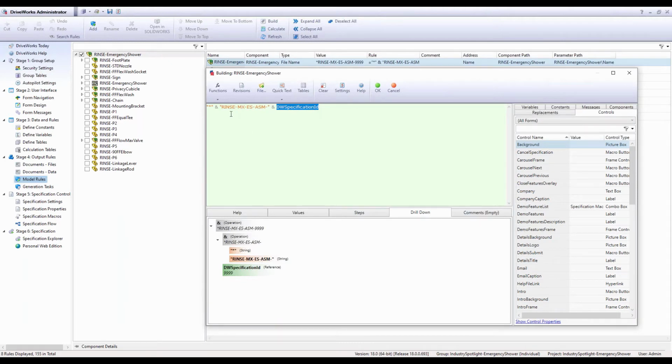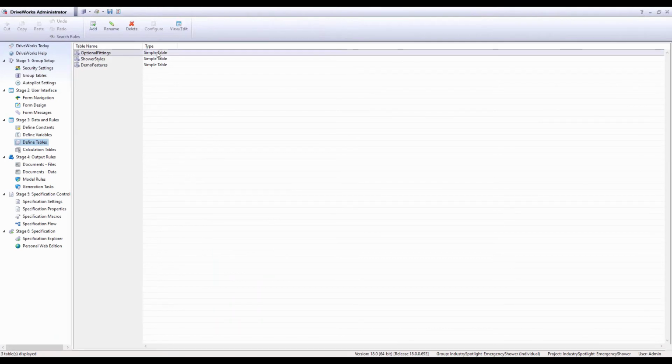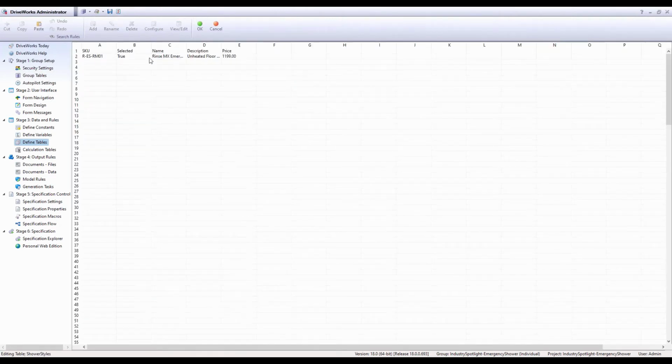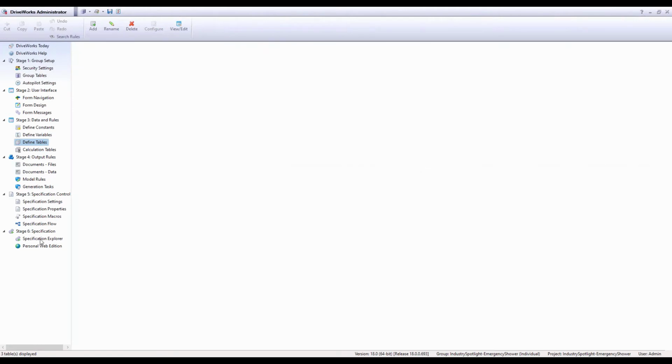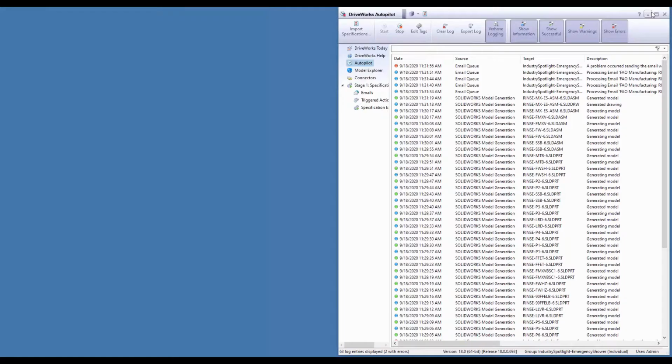Okay, so if you can type a formula into Excel, you pretty much got it covered for creating your rules and underlying logic in DriveWorks. There's probably some tables here capturing some of the design intent and some underlying product data. Okay, and that's about it. For the intents and purposes of this demo, that pretty much covers the full cycle approach to what DriveWorks can do. So I think with that,